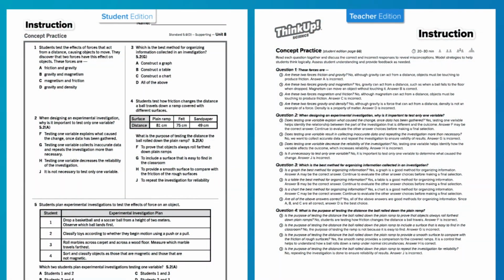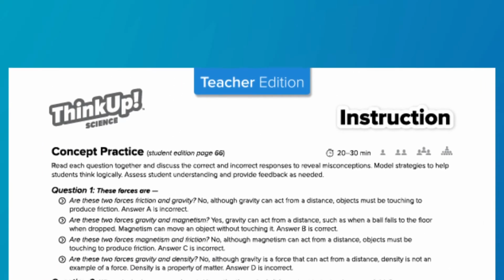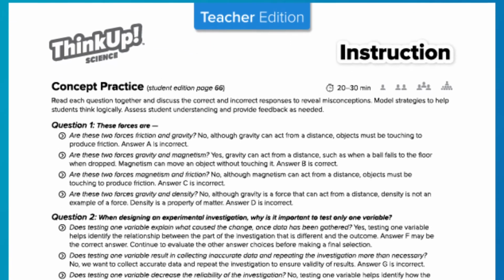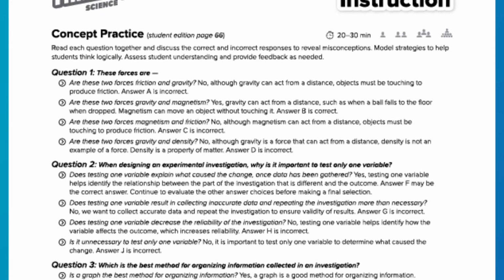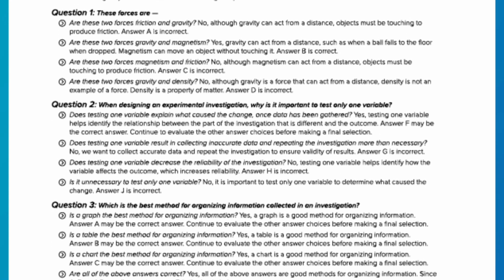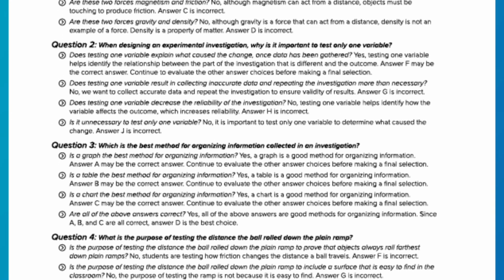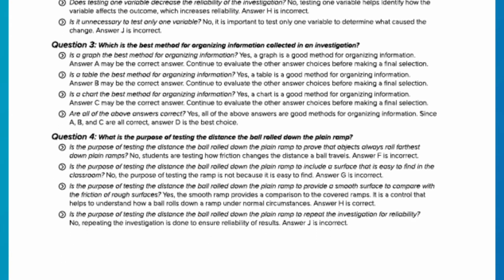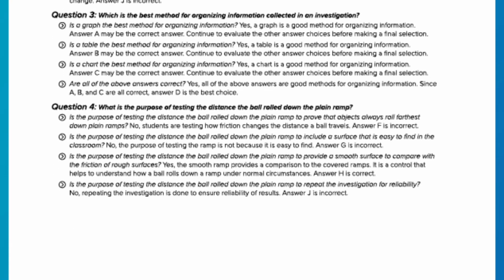The Concept Practice page in the Student Edition is an opportunity for students to practice what they have learned so far in a STAR format. In the Teacher Edition, we've equipped you with explanations for the correct and incorrect responses for each answer choice. These can be used in reviewing the items in the Student Edition. This gives you the opportunity to model thinking and the process of answering questions successfully and instill those practices in